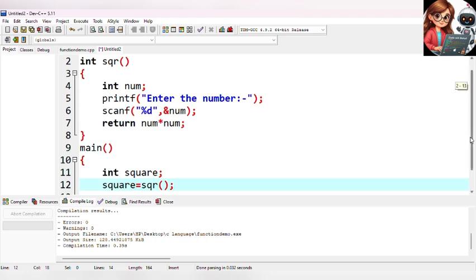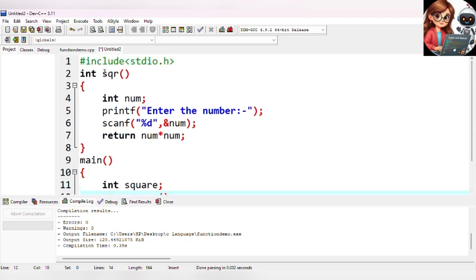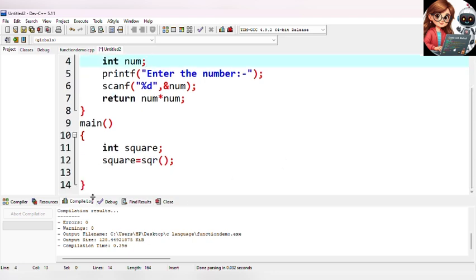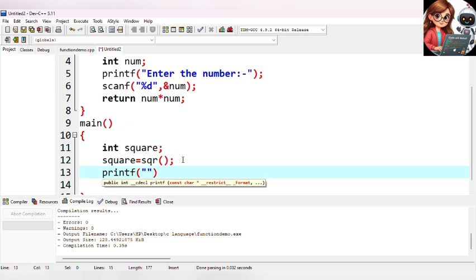See here, the function name over here is square, right? So we are going to write the same thing out here, and let's write a statement printf, backslash n.